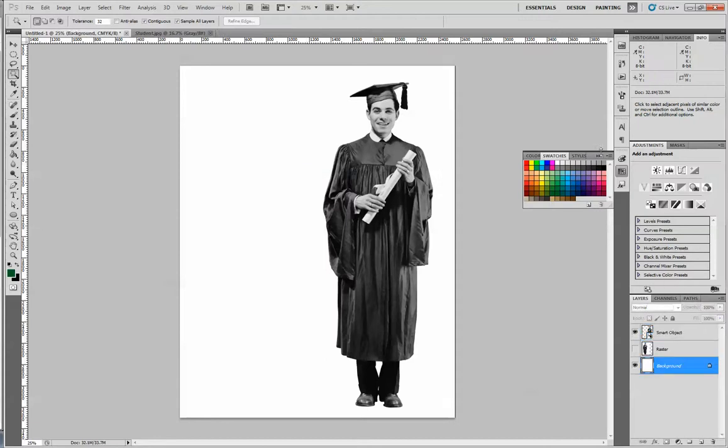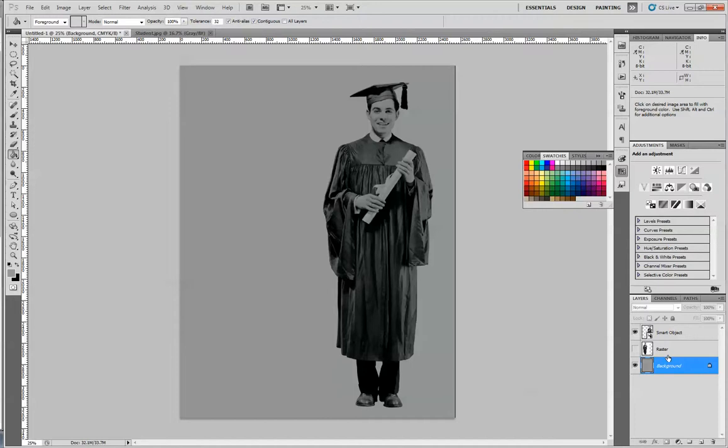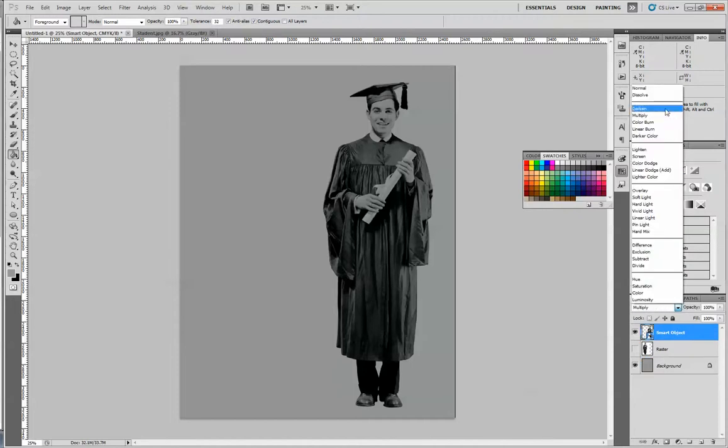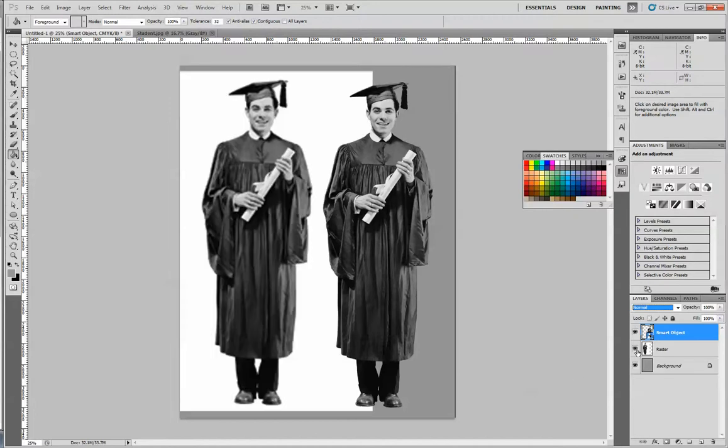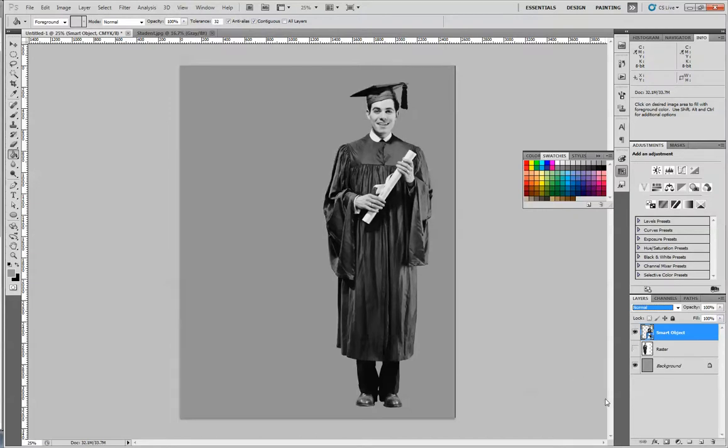Just to give an example, I'll put a gray background so we can see. Oops, set him to normal. So now you can see that he is removed from the background, unlike this gentleman here. So those are some good ways to import images. Now we're going to take a look at